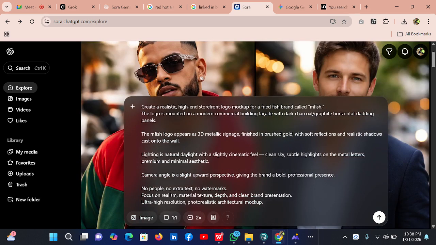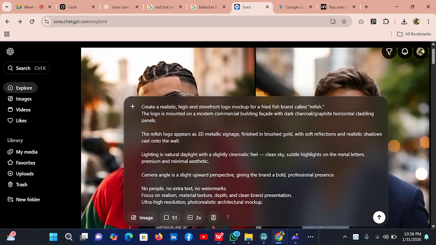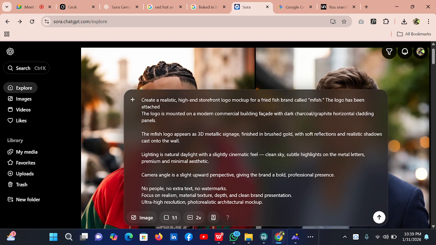Okay, nice one. Okay, let me just confirm it is okay. Create a realistic. The logo is mounted on a modern commercial building. The logo has been, so let me just attach my logo here.